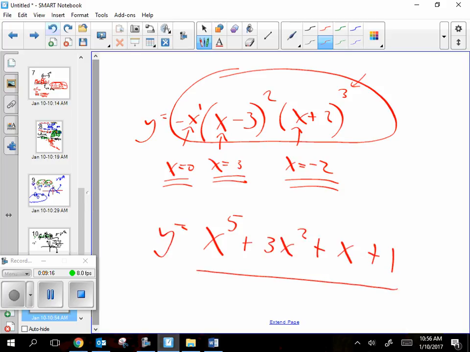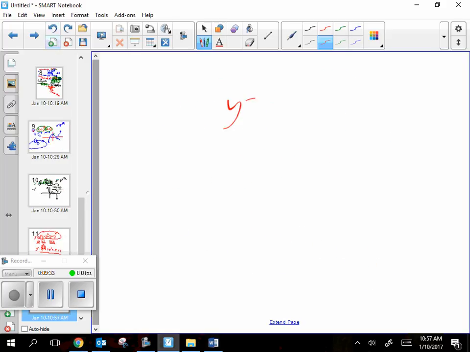But if it's already all multiplied out, like that, what would the degree of that guy be? Degree 5. You would not add them all together. That's only if it isn't multiplied out. Once it's all multiplied out, you do just pick the biggest one, and that's the degree. Okay. Now, if I asked you on this one,